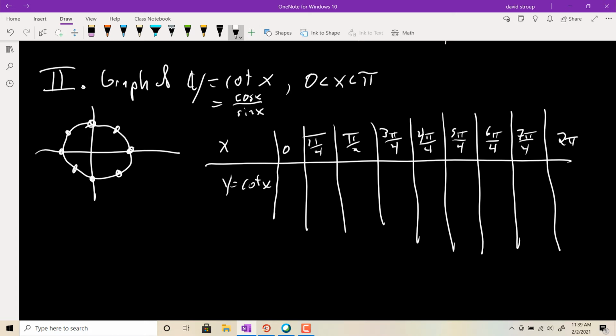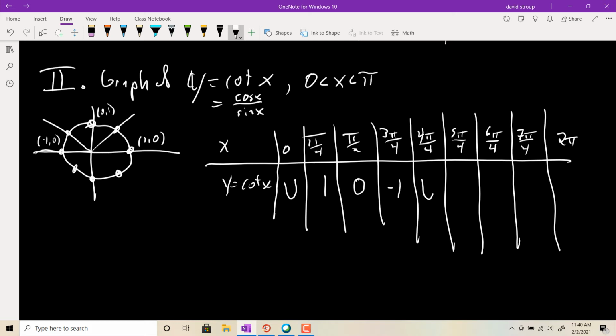You have the same coordinates as before. The first coordinate at the angle 0 is 1 comma 0, and cosine over sine will be 1 over 0, so that's undefined. And then at pi over 4, it'll be root 2 over 2 divided by root 2 over 2, which of course is 1. At pi over 2, we'll have 0 over 1, which is just 0. At 3 pi over 4, we'll have negative 1. At 4 pi over 4, we'll have